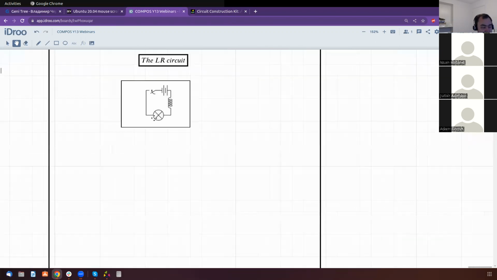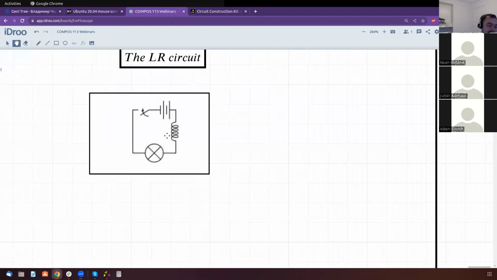The LR circuit. So the LR circuit has an inductor. This is an inductor, and it has inductance. The inductor works by producing a magnetic field inside. So it's a coil with a magnetic field. And now, because it has a magnetic field, Lenz's law applies. If you start increasing the current through the coil, when the switch is closed,